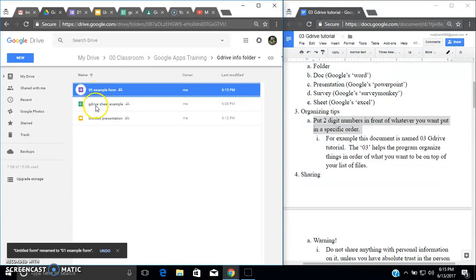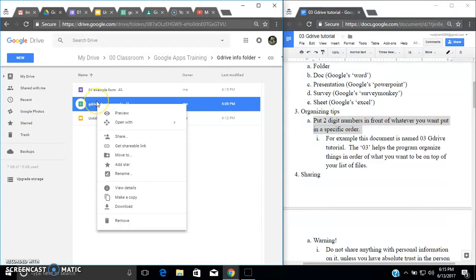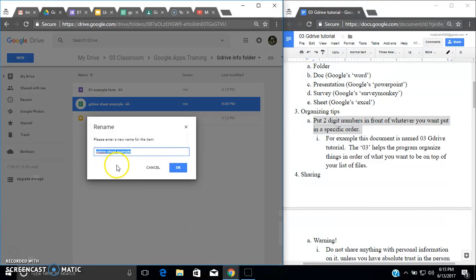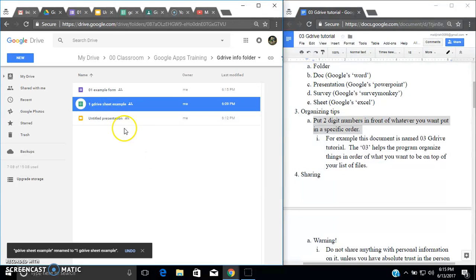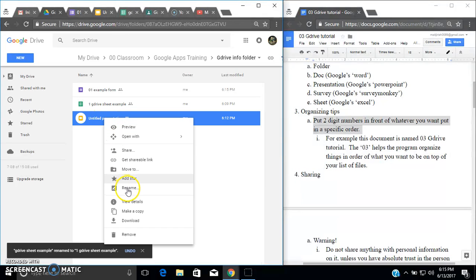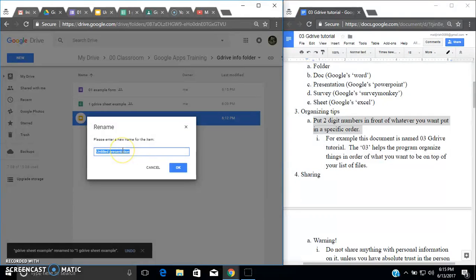The way the name organizes things numerically, if you don't put a 0 in front of it, the problem that's going to happen, for example, is if I did just put a 1 in front of this document. And the reason why I say do two digits and start with a 0 like you've seen me do is because when I first started using Google Drive and putting files in here and trying to organize them for assignments, when I printed them in order,